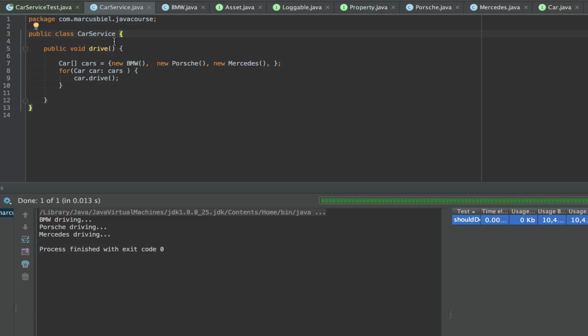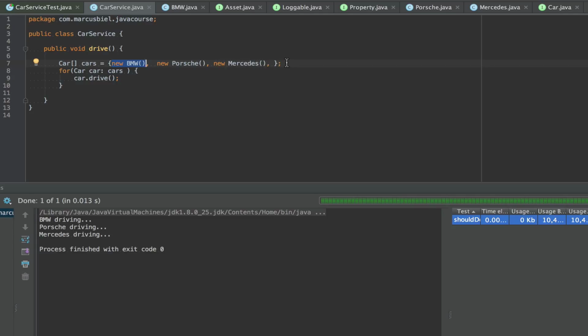To the advantages. A few of them are already mentioned while explaining the interface. Probably one of the most important ones is that it decouples your code, as I explained before. Now, the car service only uses the car. Well, no, I was actually lying. Sorry. As it is implemented at the moment, we still say new BMW, new Porsche, new Mercedes.